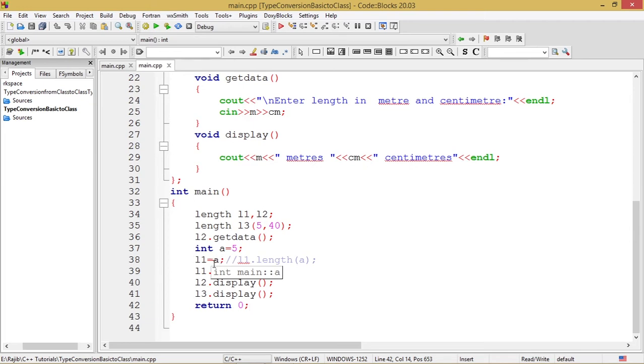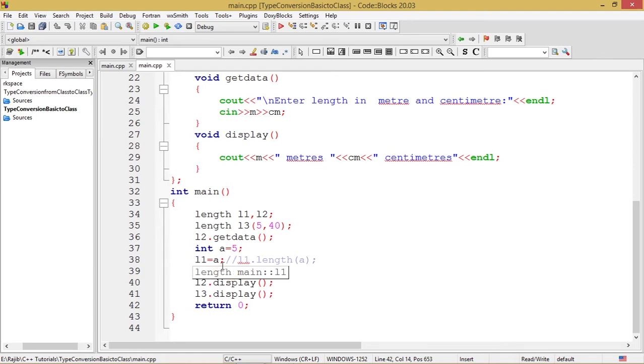Here what we have done is that this a value is an integer value residing on the right hand side of the assignment operator, and L1 is an object of the class Length residing on the left hand side of the assignment operator.